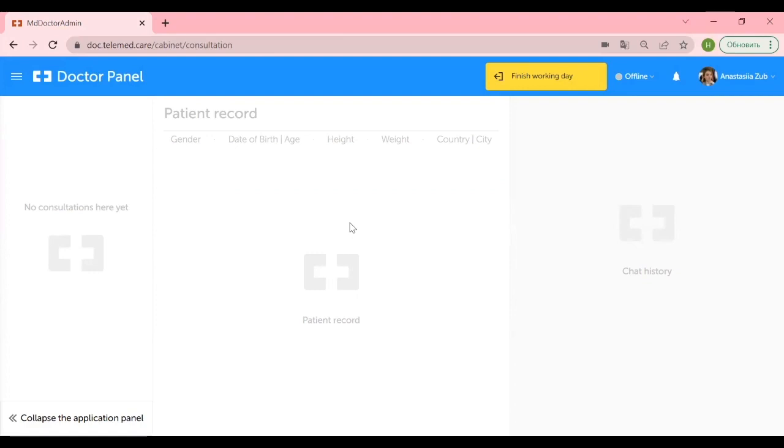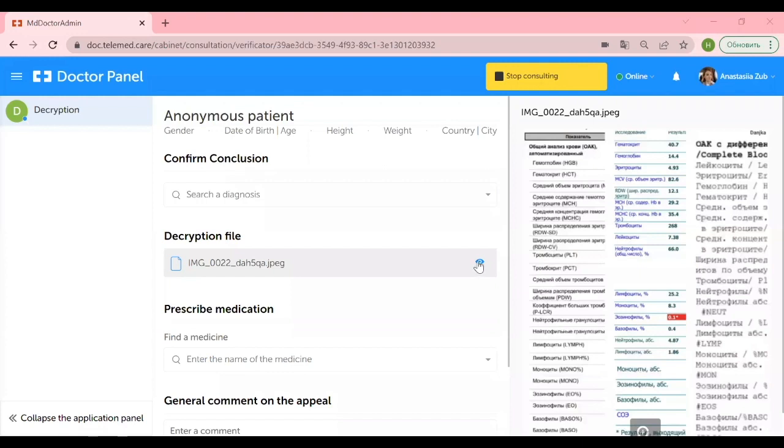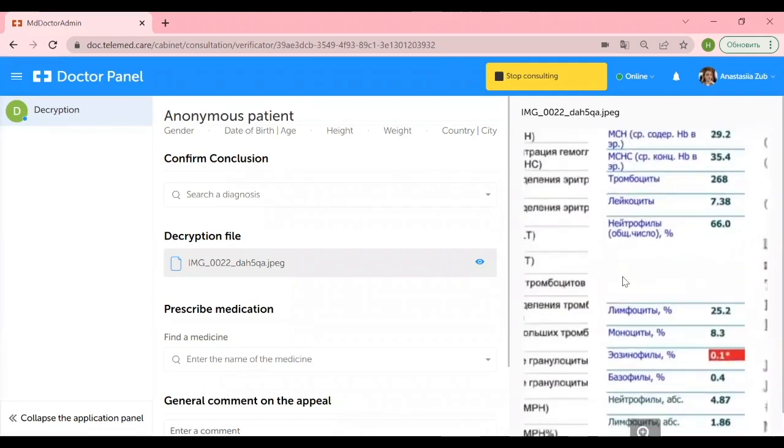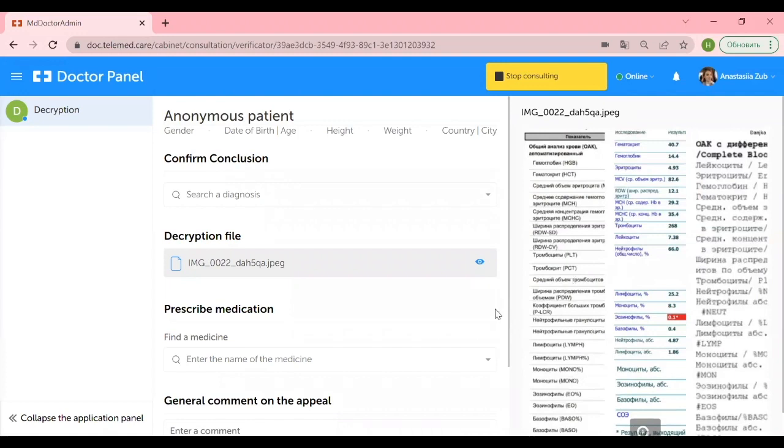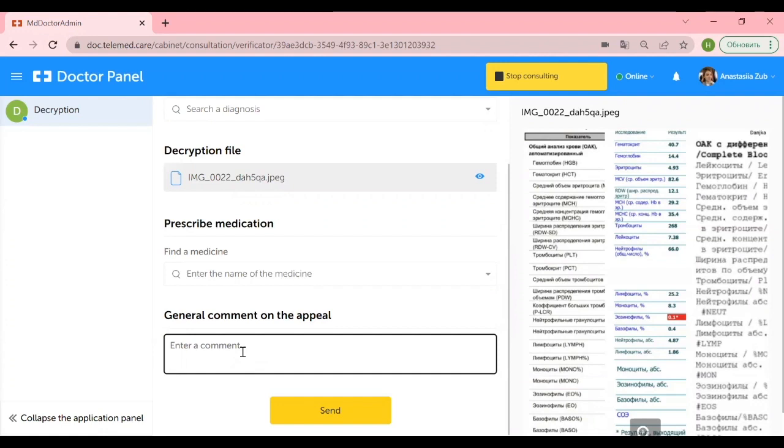And the last part, we go to the transcript service. Here the user can attach a file with an examination or some test results. The file will be displayed here in the section of the file for transcription. You can open it here on the side and you can also zoom in or zoom out. Here the only obligatory section is the general comment. You should specify the results of the transcript, the interpretation of the study,